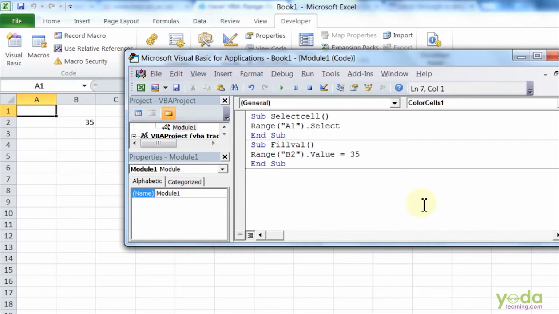Say if you want to select a range from A1 to B5, how can you do it? Sub SelectRange.